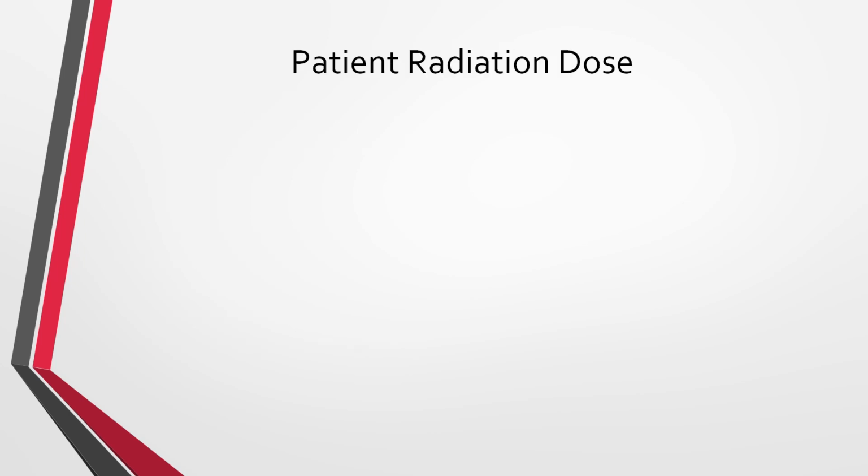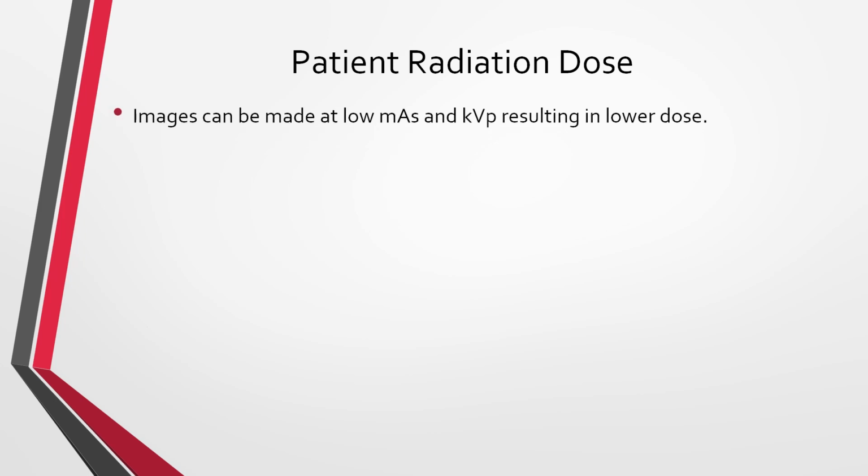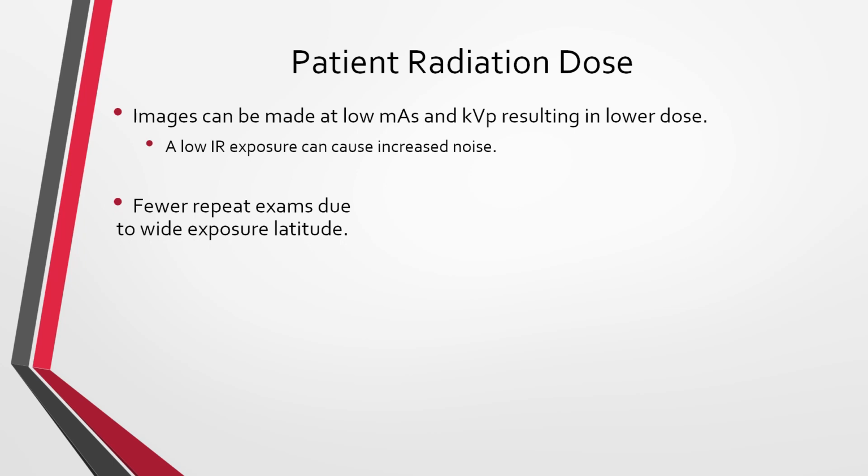Patient radiation dose in CR. Images can be made at low mass and higher kVp, resulting in a lower dose. So we can use less quantity of radiation. A low IR exposure can cause an increase in noise, as we talked about. Fewer repeat exams due to the wide latitude. So